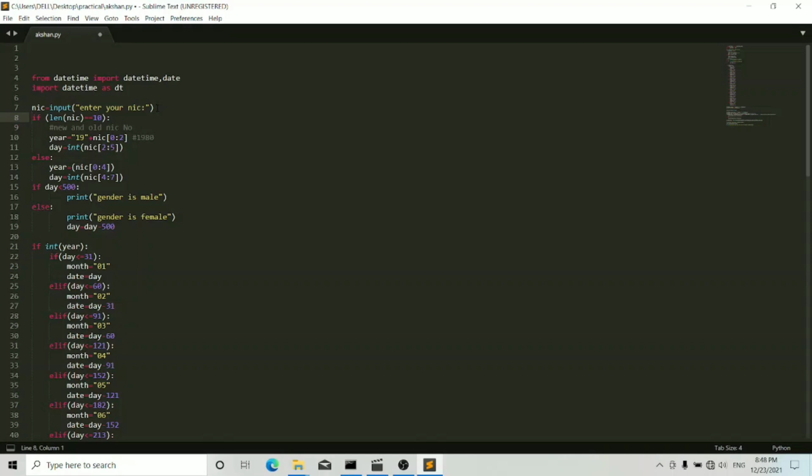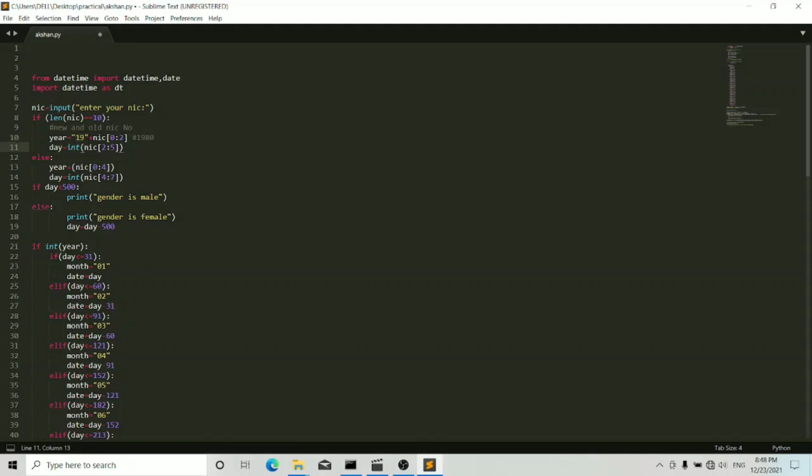So if the NIC number length is equal to 10, we know this old NIC number starts with 80 or 90, but here we assign 19.